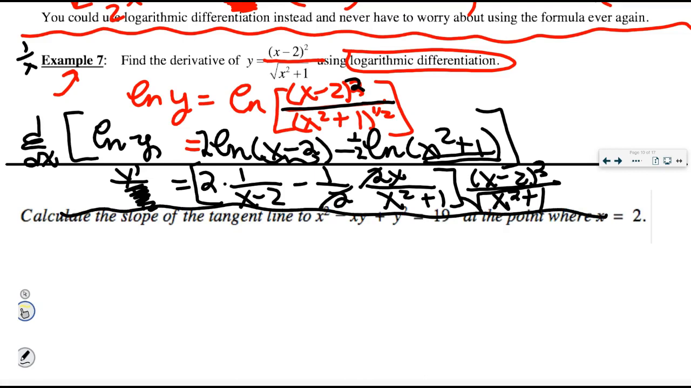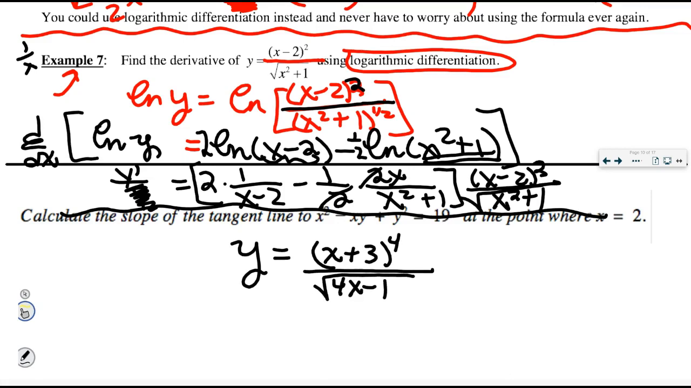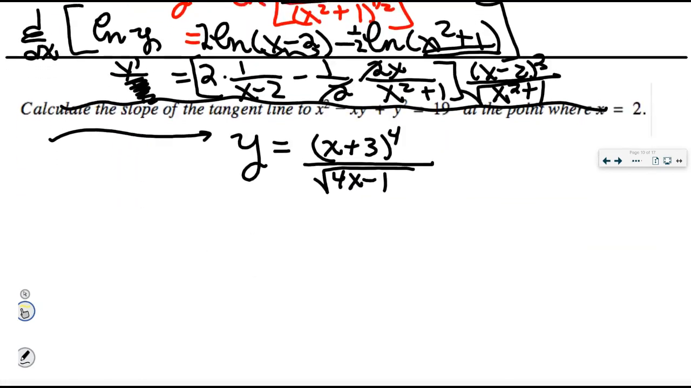That's going to make this a 15-minute video. Suppose it was x plus 3 to the 4th power all over the square root of 4x minus 1. Doing this with the quotient rule would be really ugly. Wouldn't you agree? That's super ugly to do with the quotient rule. But